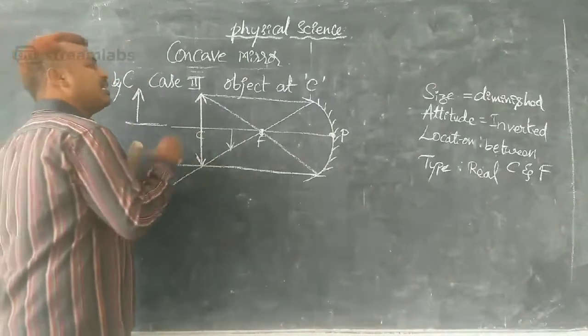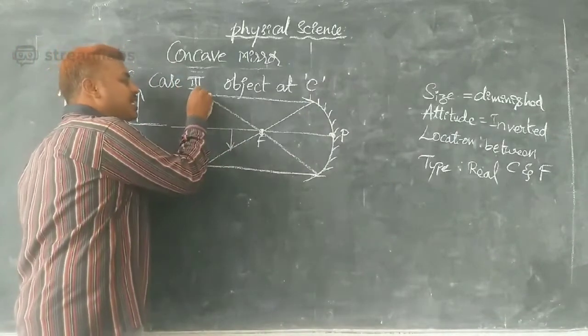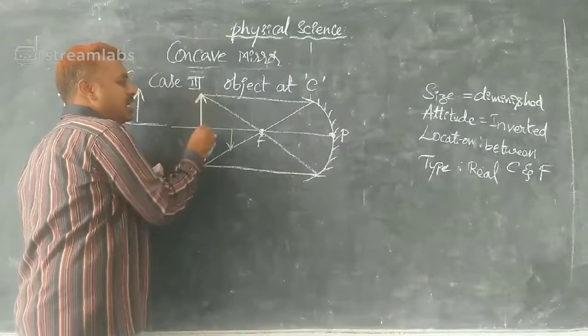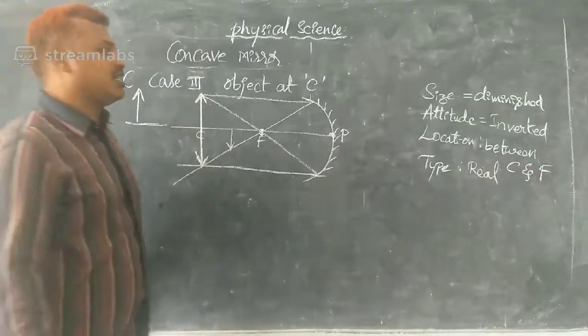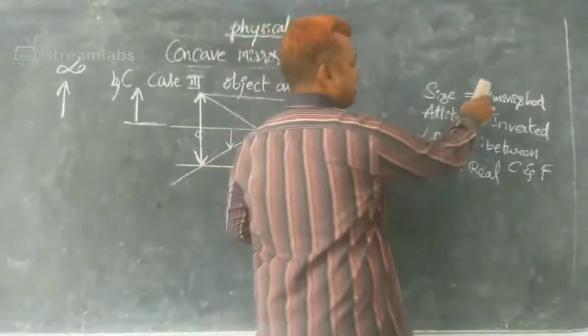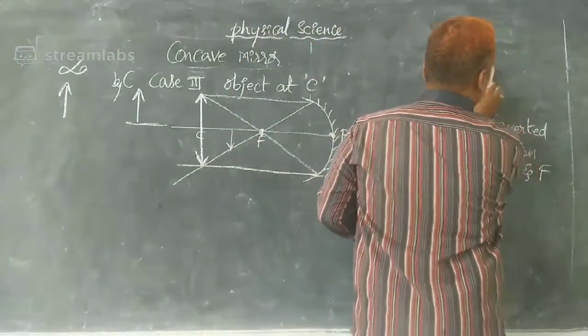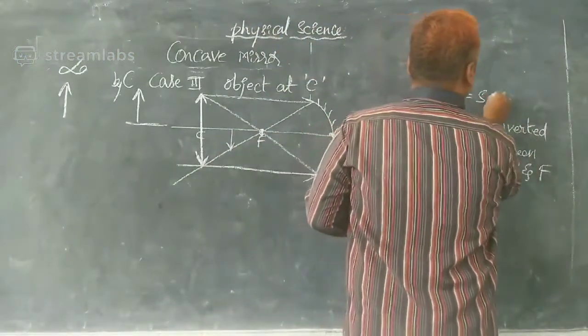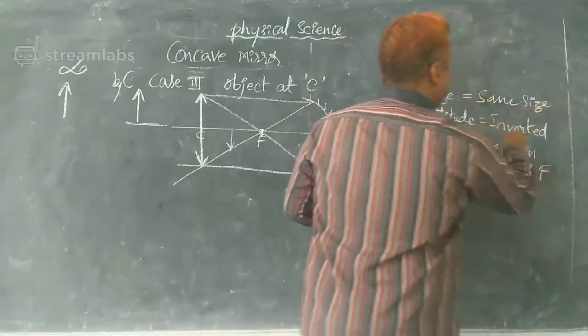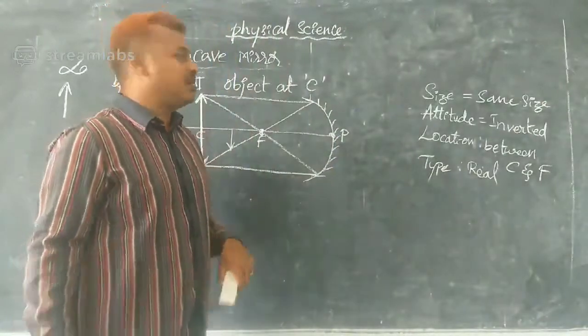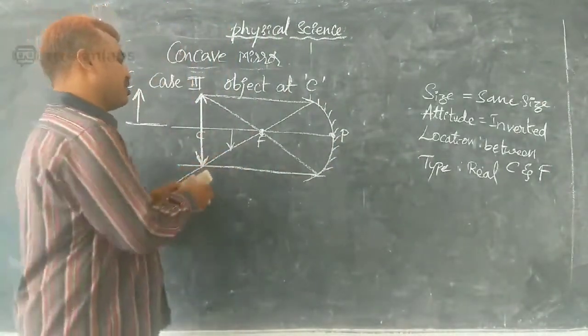But here in the third case, when the object is placed at the center of curvature, the image is also formed at the center of curvature. So let us write size is same, size of the image formed. Same size. Attitude, it is inverted image only. Because it is inverted image,